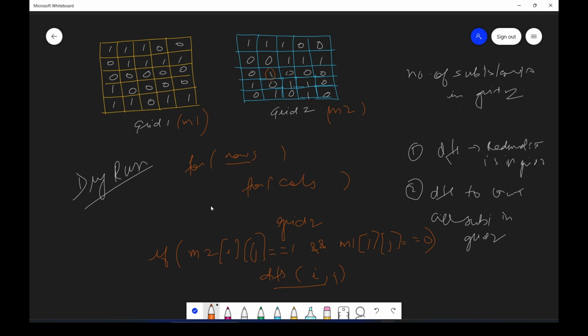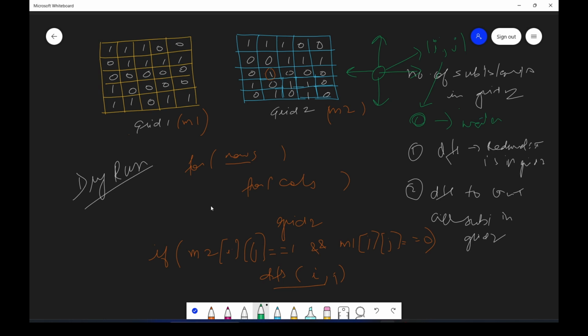This one is 1 here, but if you see, it's 0 in grid 1, here it's 0, so this is redundant. So here we will apply DFS. Now when we apply DFS, what we do is basically we will go in all 4 directions of this index, and we will mark every cell to be 0, that is make them redundant, make them water.